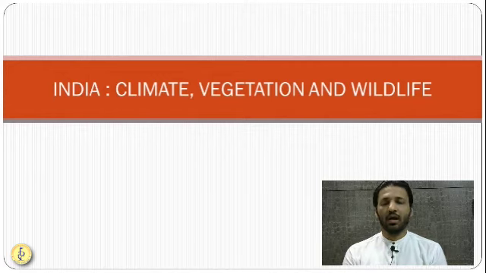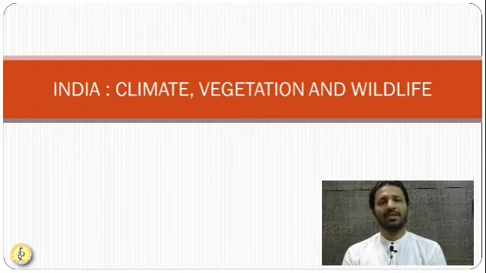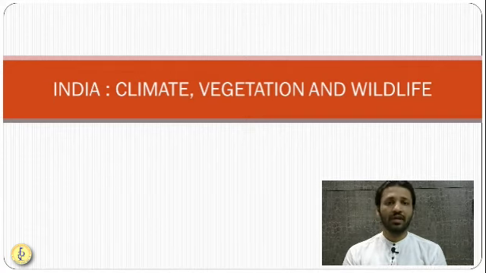So, friends, this chapter is not a very brief chapter even though it's 6th standard NCERT. It's a small chapter but very important. Here we'll see some basic definitions, the type of vegetation and climate. As we move further, we are going to go into detail on climate, vegetation and wildlife. Then when you learn environment, there you will also learn biosphere reserves, wildlife sanctuaries and so many things, and climatic regions of the world, climatic regions of India.